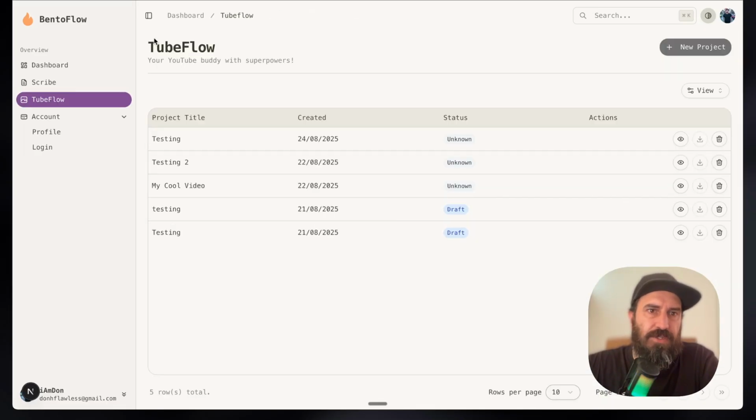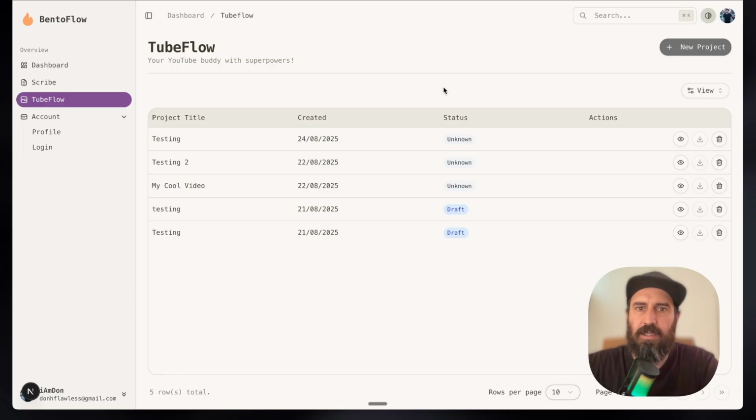So the next feature that I have started building out is called TubeFlow. This is going to be a whole package of tools. The idea behind this is that you can edit your YouTube video, and when you're finished, you upload the video, you get transcriptions back, and based on the transcriptions, it suggests the best title, description, file names, and all of that type of stuff. And then from inside this dashboard, you'll be able to actually publish directly to YouTube with